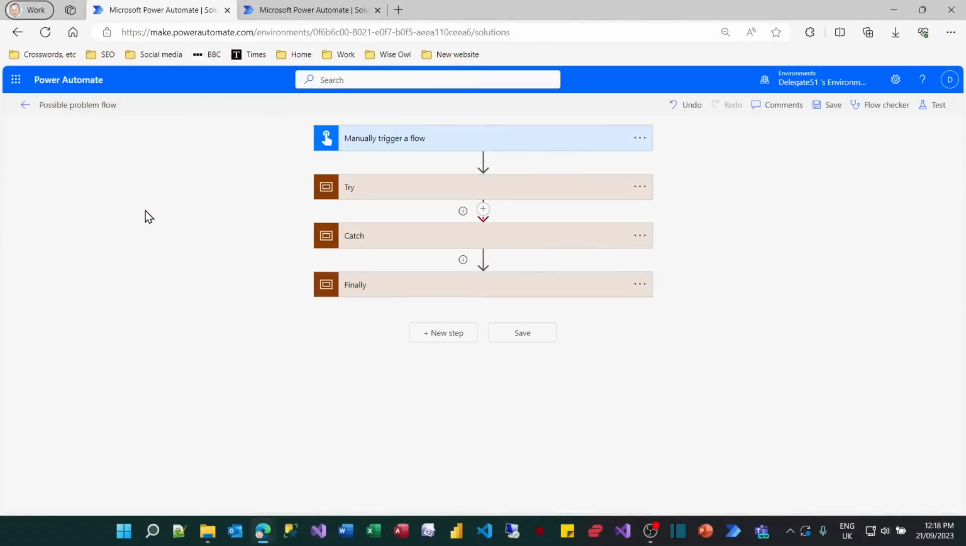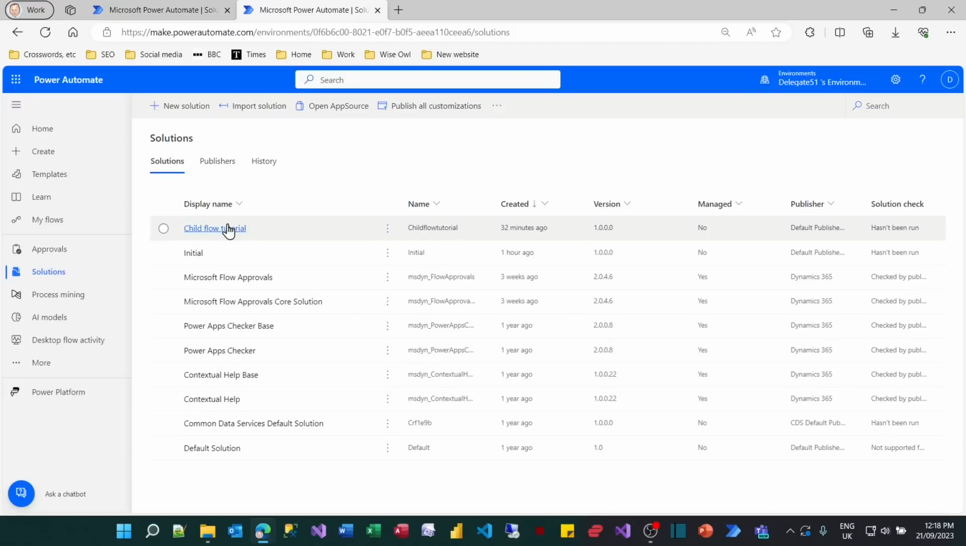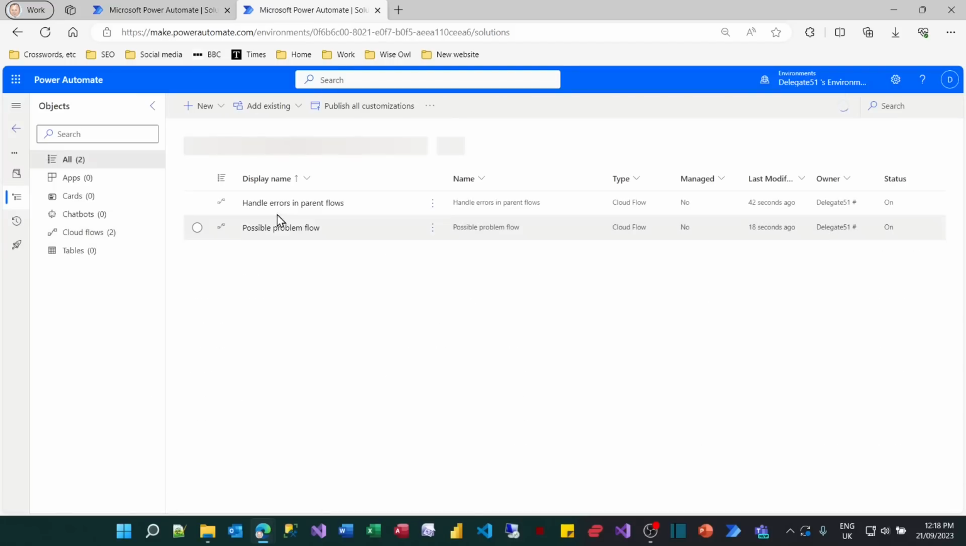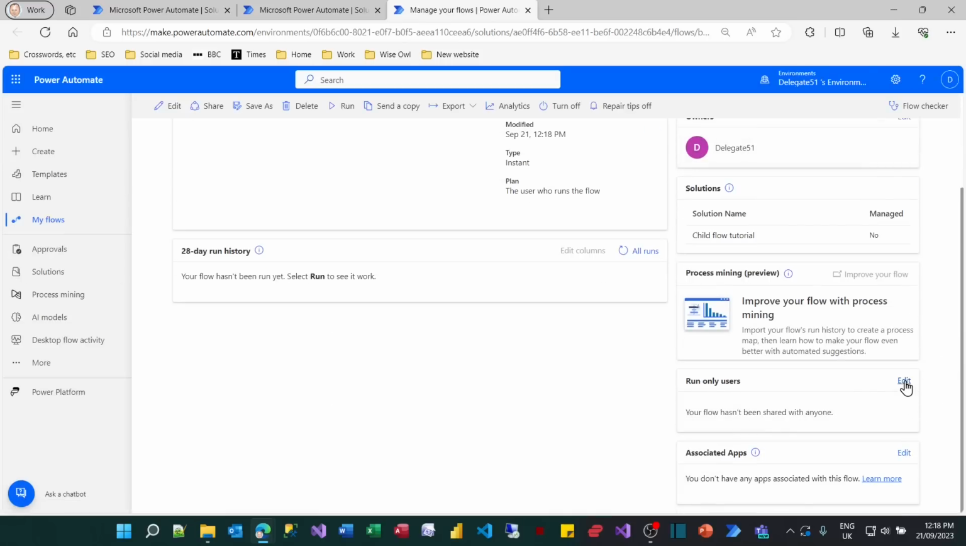So I left you with a bit of a cliffhanger. We were about to try saving this parent flow. Let's try doing it. So if I click on the save button, what could go wrong? Plenty, as it turns out. It's giving me an error message saying the child flow I'm trying to call uses run-only user connections, although it's a bit grammatically garbled. The problem is, if I go back to my solution and click on the child flow solution, and then click on the child flow itself to edit it, at the bottom right corner, it says run only users. And if I click on the edit button next to that,